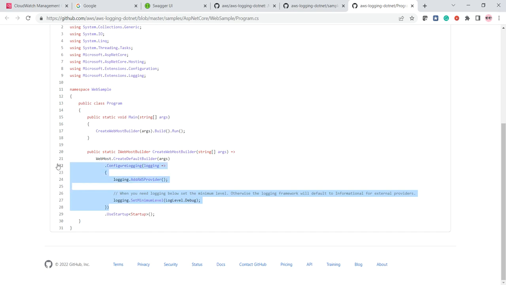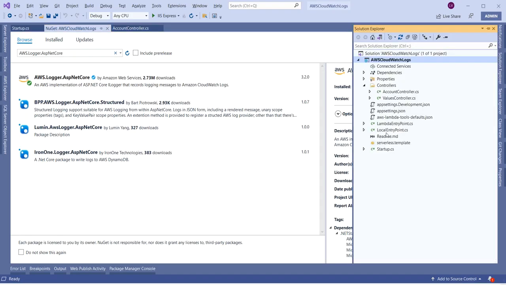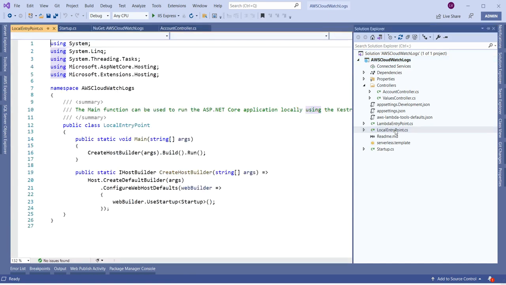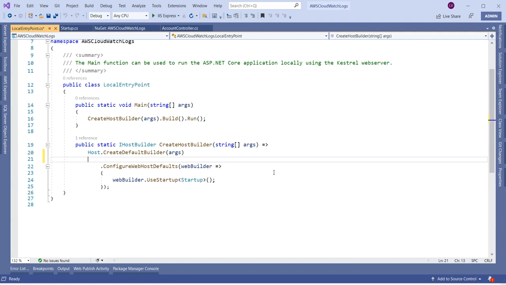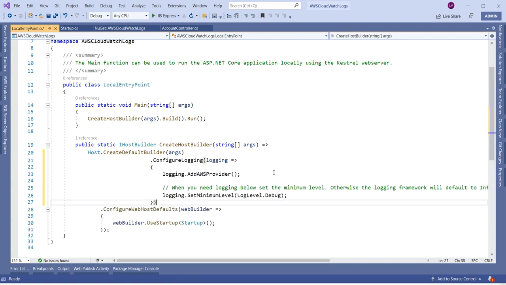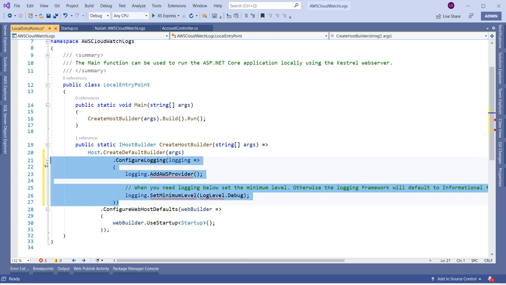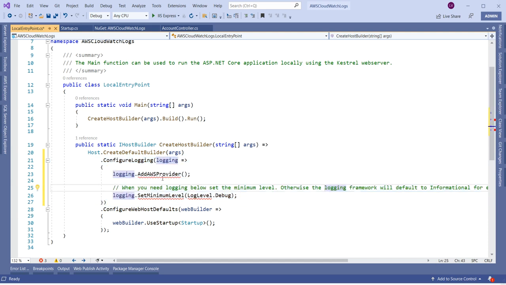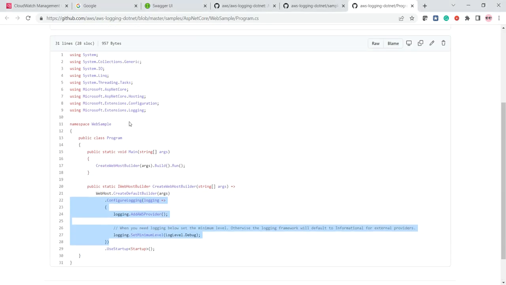So let us copy this. Here they have added it to program.cs, but in our case we have a class called LocalEntryPoint.cs. So open this one and just add our code here. Let us configure this properly. Here we got an error, that is because of the namespaces. We need to add the required namespace, that is